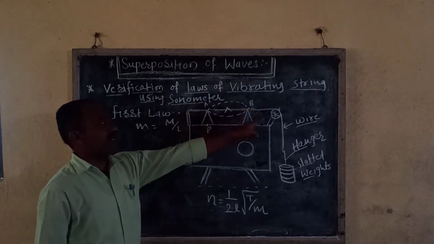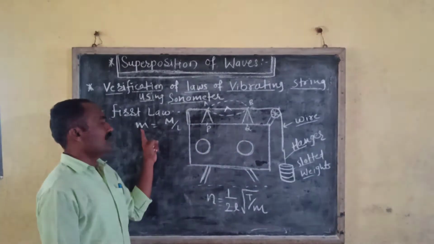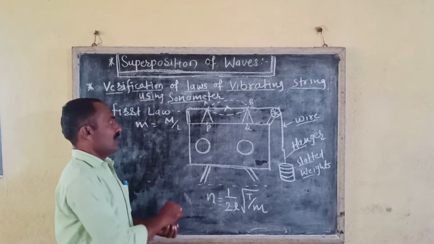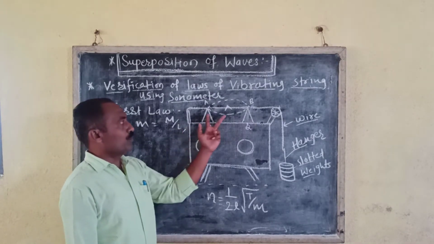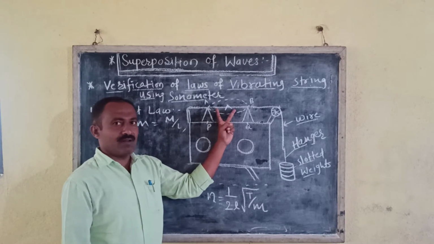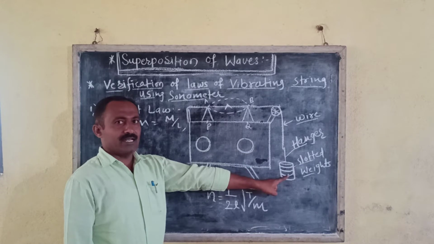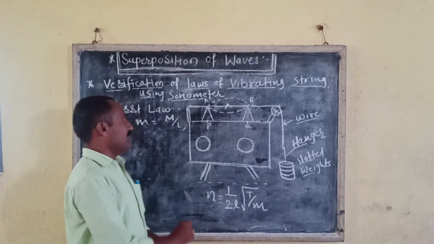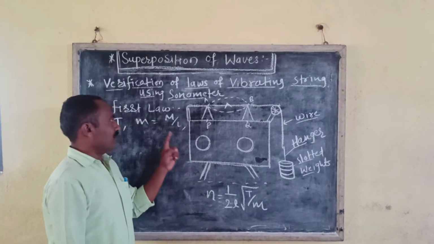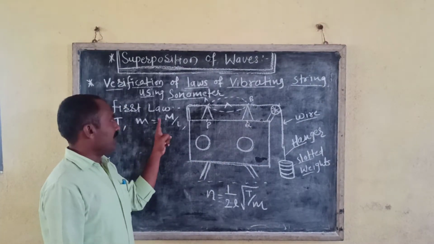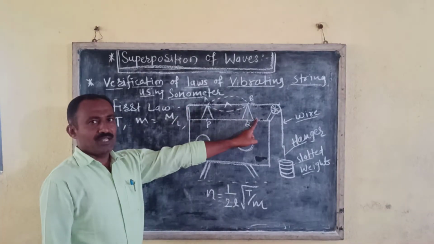The total mass of the wire and the total length of the wire are measured, and hence we determine the mass per unit length of the wire, which is kept constant. Later on we produce a suitable tension in the wire by keeping a slotted weight T in the hanger. The tension applied to the string and the mass per unit length, that is the linear density of the wire, are kept constant.